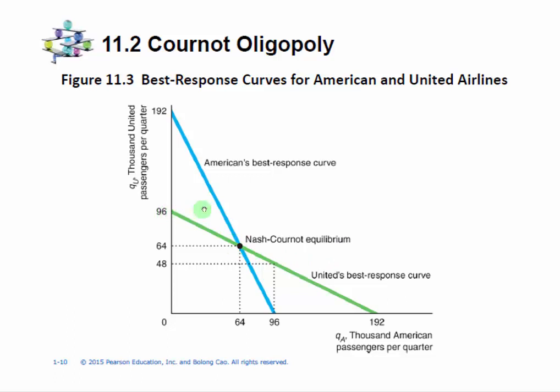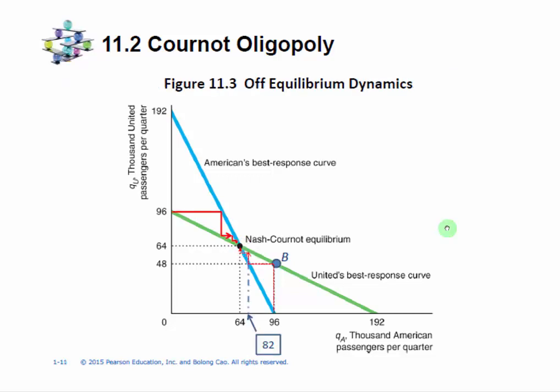This is when the best response of American Airlines meets the best response of United Airlines. Both firms are at their best response to each other's decision. Then it's a Nash equilibrium situation. Now, if we give the firms a bit of time to figure this out, for example, if it starts at QA equal to 96 and QU equal to 0, at this point, American Airlines is assuming a monopoly position and United is producing nothing,